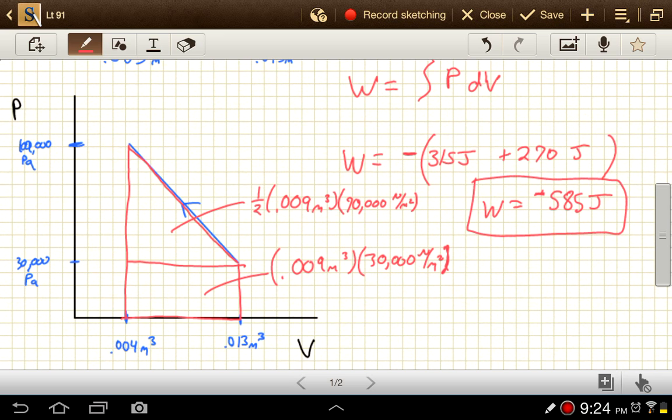Negative because we have contraction, so the gas is doing negative work on its surroundings, or the surroundings are doing positive work on the gas. Okay, now typically in something like an engine or any other application for doing work on the system using a gas,